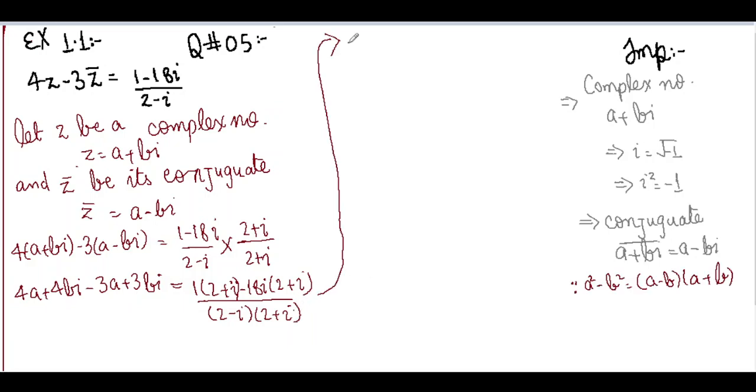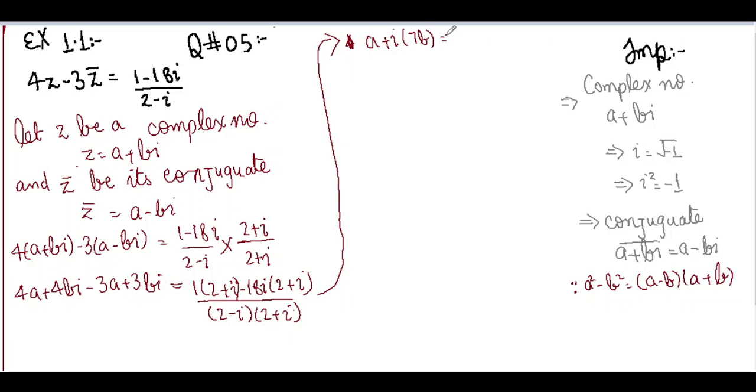Now we are going to do the next step over here, separating the real and imaginary part. It becomes 4a minus 3a, which is a, and plus iota into 4b plus 3b, which is equal to 7b,